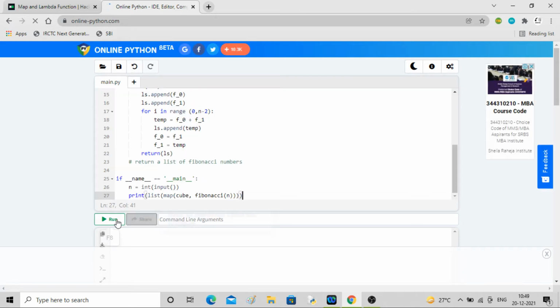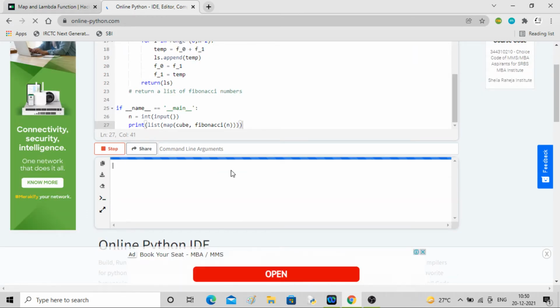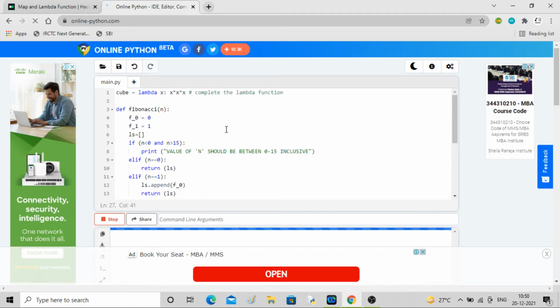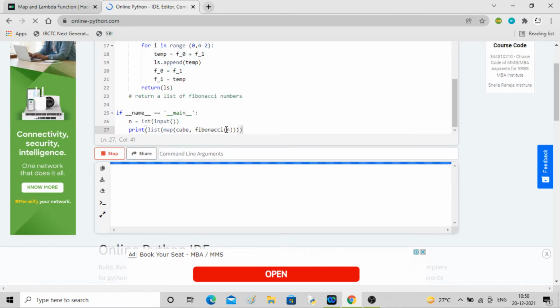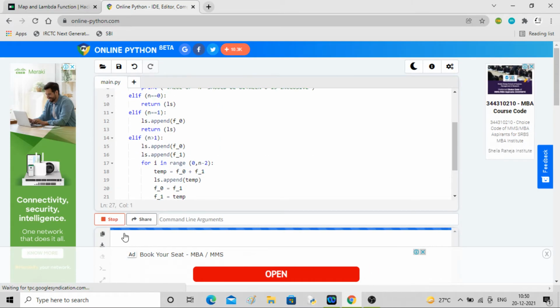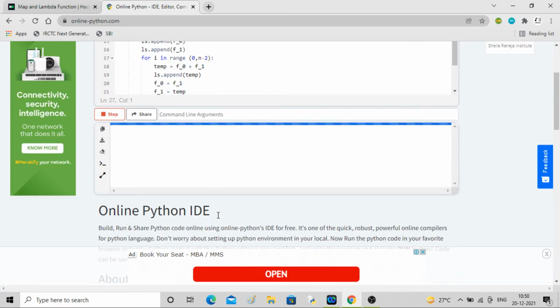Control V. Let me run it. What's the problem?